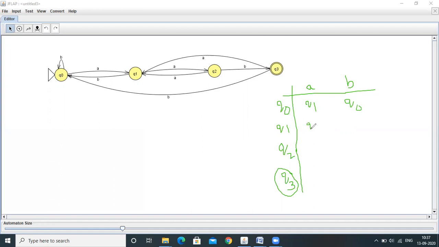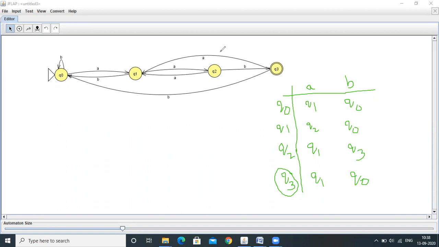Q1 on A moves to the Q2 state. Q1 on B comes back to the Q0 state. Q2 on A comes back to the Q1 state. Q2 on B goes to the Q3 state. Q3 on A moves to the Q1 state. Q3 on B moves to the Q0 state. This is the transition table for this automaton.